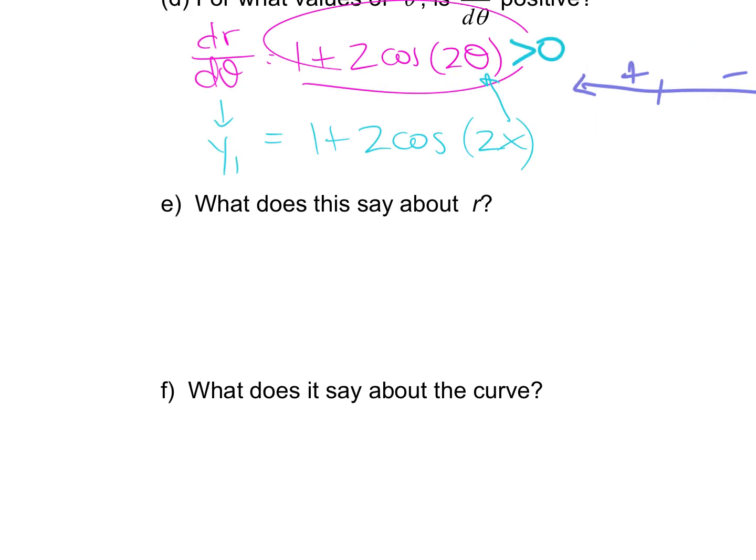What does this say about r? Well, if we're using the Unit 3 material, when dr d theta is positive, what is r? Increasing, right? Yeah. Apply your first derivative test. So r is increasing means the radius is getting further out. Okay. Yep. So like in terms of this picture that we've drawn, it just means that you're on a path where your r is steadily going further away from the pole. So then,